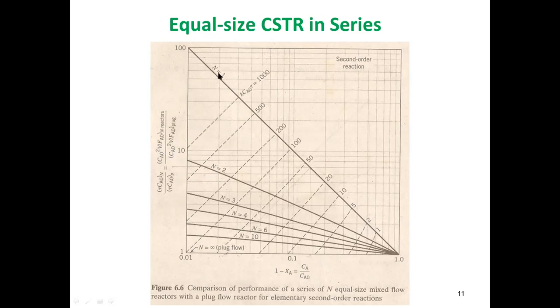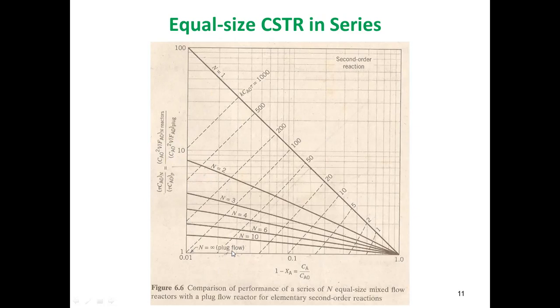If we increase the number of MFRs in the series, that would be equivalent to one plug flow reactor, provided that the volume of this plug flow reactor is equivalent to the total volume of your n number of MFRs